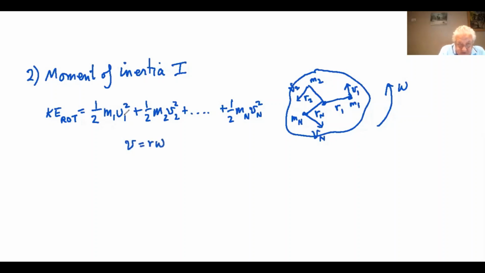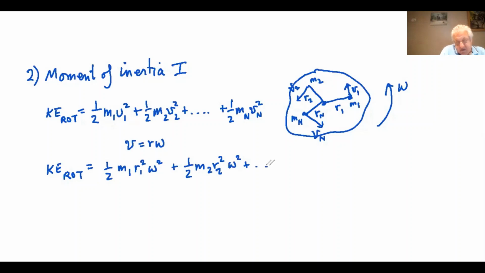So if I substitute for V in all of this, I have K rotational equals a half M1 R1 squared omega squared plus a half M2 R2 squared omega squared plus a half Mn,